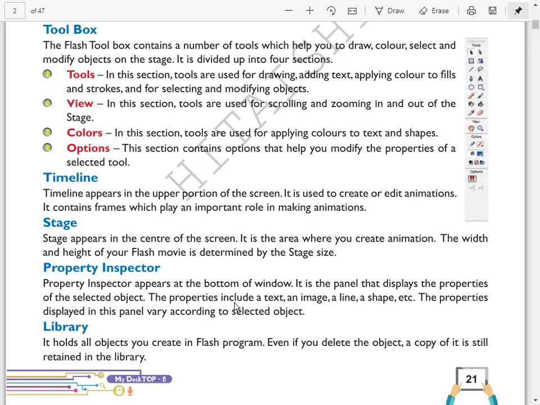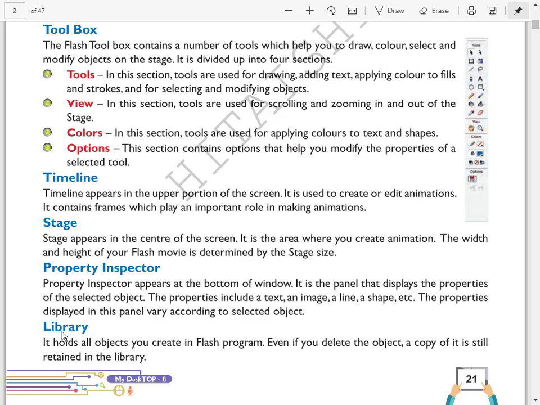The properties include a text, an image, a line, a shape, etc. The properties displayed in this panel vary according to the selected object. Suppose you have selected the triangle, so you will get 3 sides. If you have selected the rectangle, you will get 4 sides.